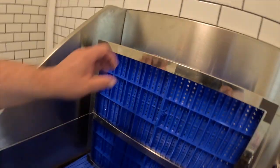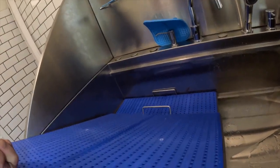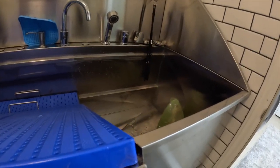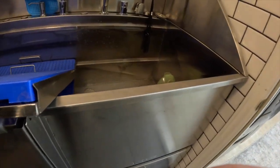And you can see all this hair. The reason why you would want to take these blue pieces off on occasion is because the hair gets caught up right there on the handles, and also gets caught up back inside, back in there. So you can see a bunch there that